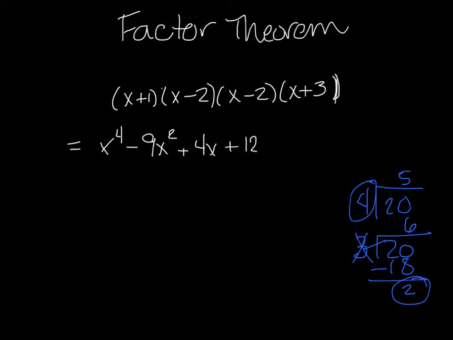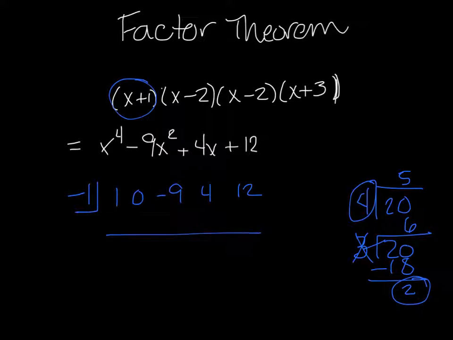Now, if I was to take one of these, let's just say that one, and divide it into my polynomial, let's use synthetic division. If I was to do that, and I go through all this math, you would see that my remainder is 0, which means I don't have a remainder. So, what does the factor theorem say? The factor theorem says